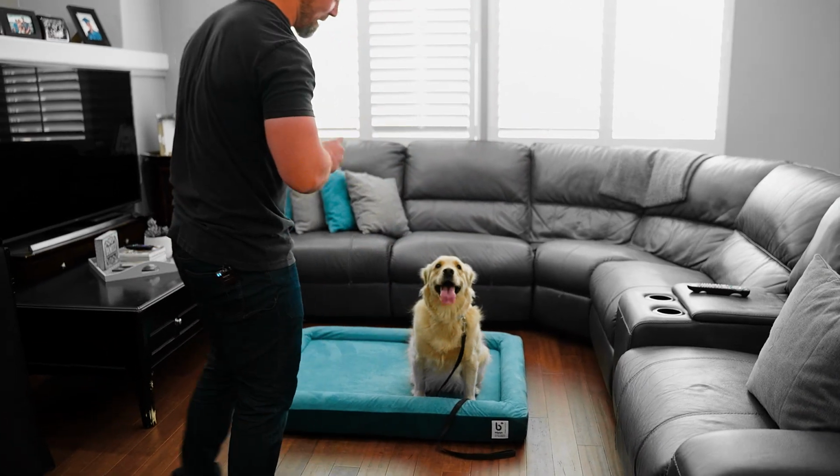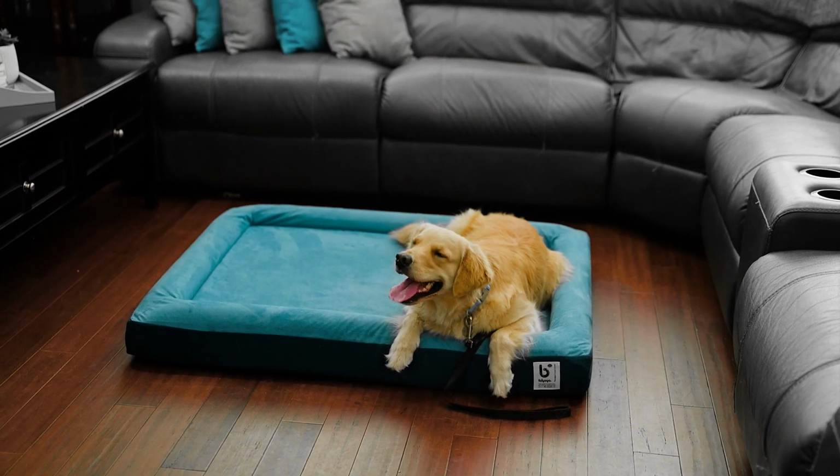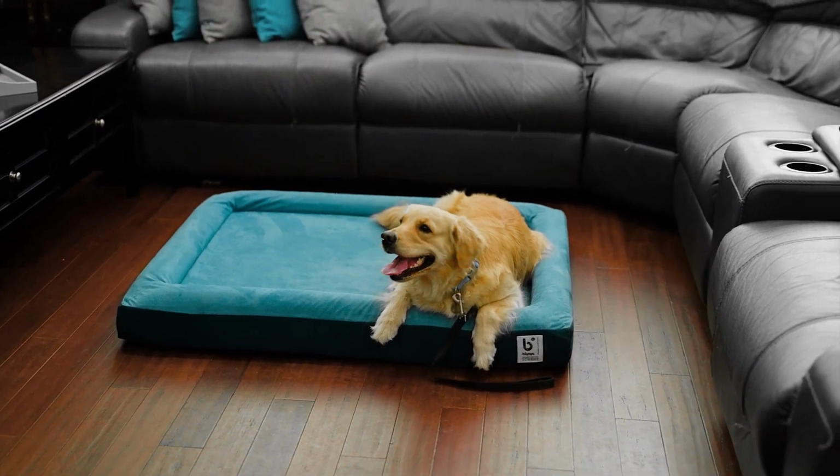Good girl. So that time I didn't touch her and I threw the treat down on accident. She's doing really nice. It's been over 5 seconds. Now I can reward her. Very good. The more clear, the more consistent you are to your dog,